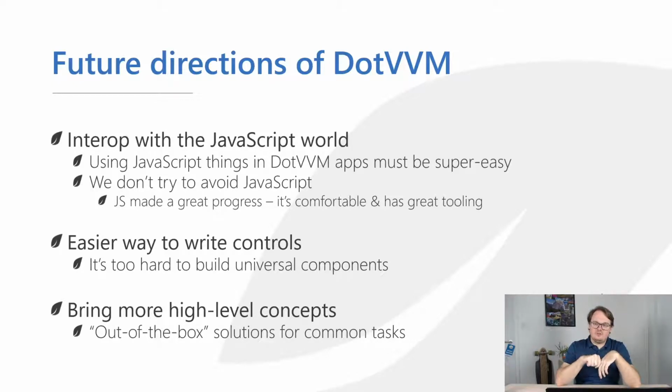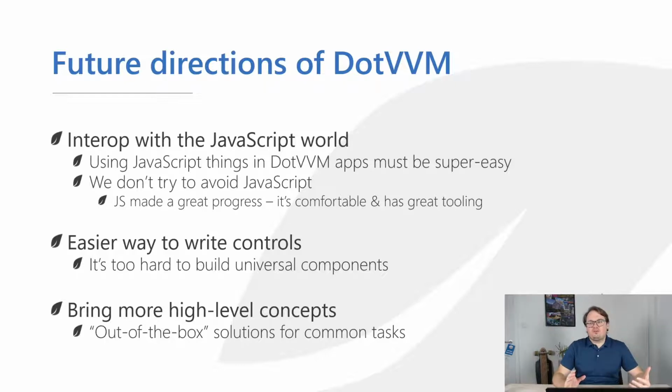Or there are a lot of things like multi-step wizards or some master detail views, and that's possible to do with .vvm, but you are doing a lot of things. You have to build your own infrastructure on that, and I would like to make these things a little bit easier, maybe with some clever base classes, with some clever interfaces that you would be able to extend and implement your own way, but you would have some shared common principles you can build on. So that's one of the